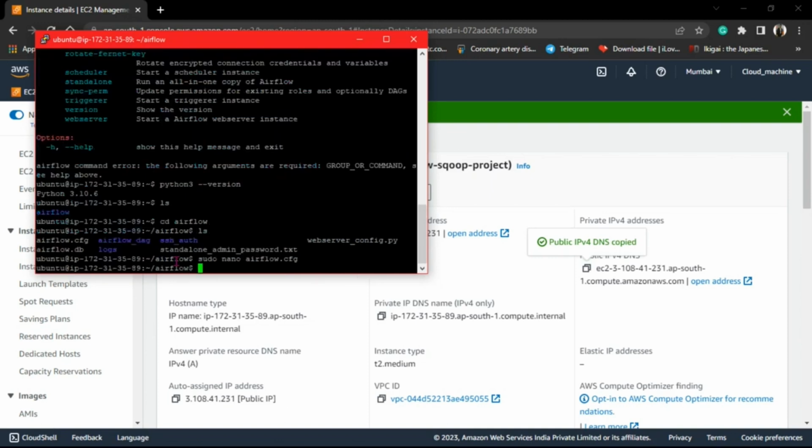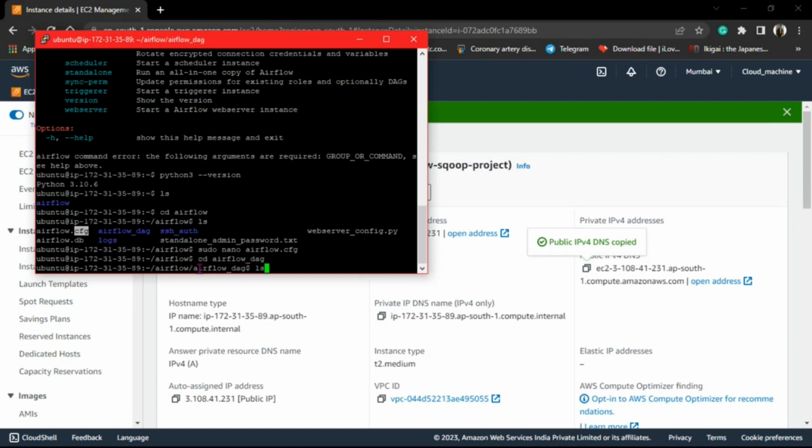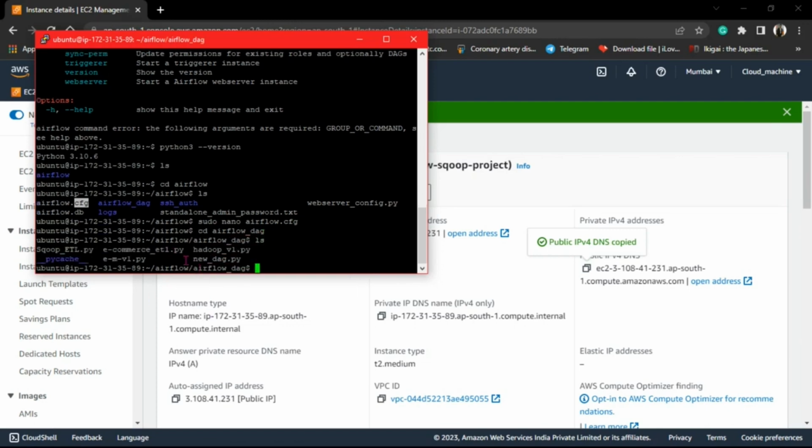So I will press Control X and come here, and I will go into this airflow_dag directory that I mentioned in my airflow.cfg. Let me go cd airflow_dag and do ls. These are the five files already there. So I will go into the sqoop_etl.py. So sudo,